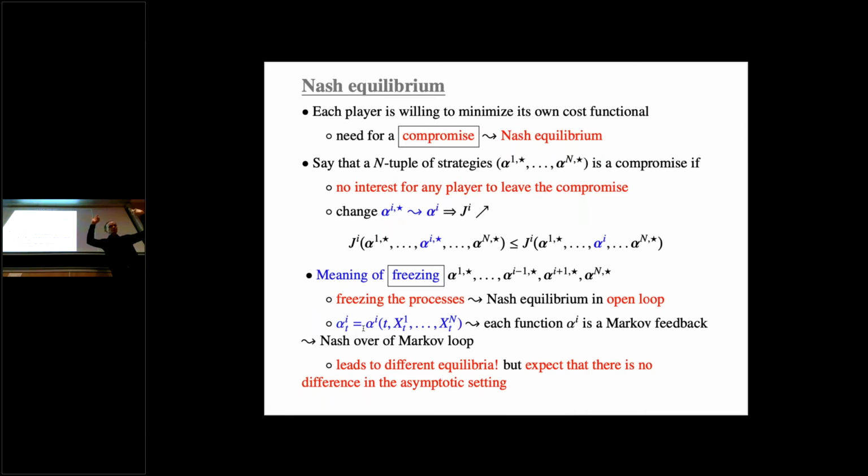It means that when you speak about a strategy, you think of a function. So you see that my notation is a bit lazy because I use the same notation for the action, which is a random variable, and for the feedback function that you have here. So this is this alpha I here. So this one, for those of you who are in the room. So this one. But now on the right, I see alpha I as a function of the states of the others. And usually this is the way you should think of an action. So you see an action as a feedback function. If you know the states of the others, then you compute your action depending on the states of the others.